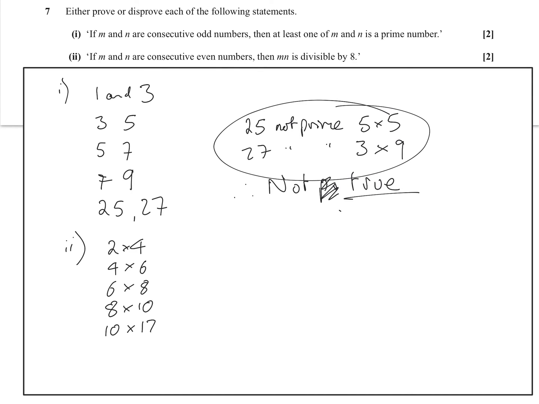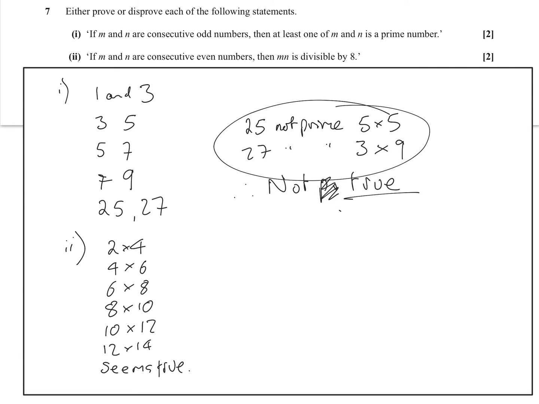10 times 12, 120. Yeah, that's divisible by 8 because it's 40, 40 and 40. Okay, this is feeling more true. And you could keep going. And this is not proof. This is just giving me a feel for the fact that this seems true. So I haven't proved it,